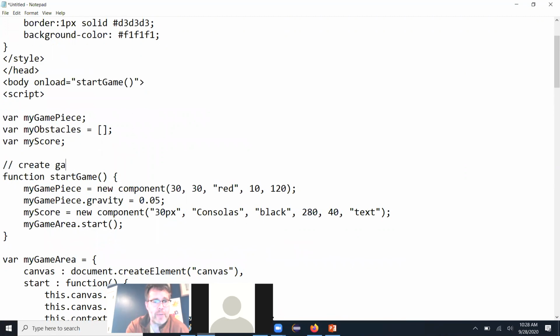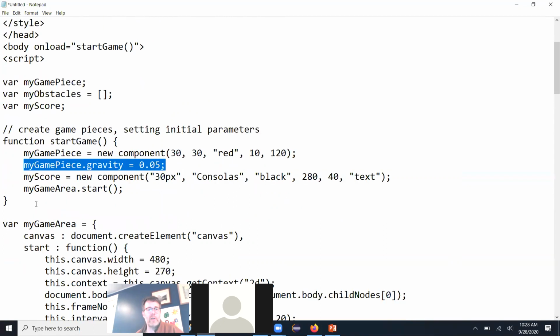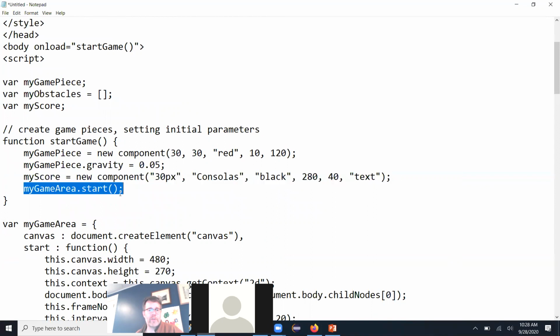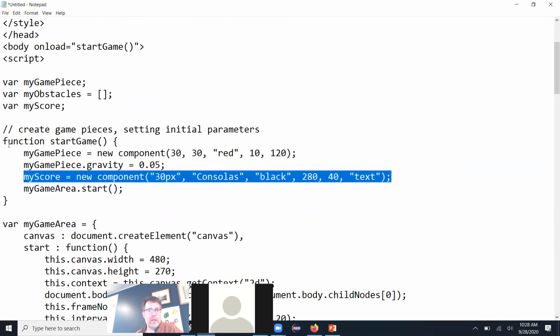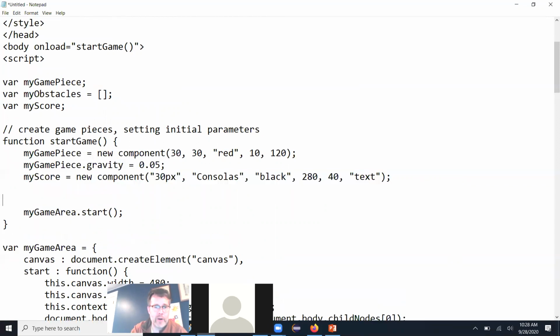Looks like I'm creating the game pieces, setting initial parameters, right? So here's my game piece. It's some component. Okay, I can figure out what that is. Here's the gravity value. Well, that's going to be what's pulling me down. So the default is 0.05. Here's my score. Oh, that's another component. Okay. And then start my game area. So here, I'm just calling a couple of constructor methods. I'm creating a new thing. Here, I'm creating a new thing. Here, I'm setting an initial parameter. Okay. But this, game area start,